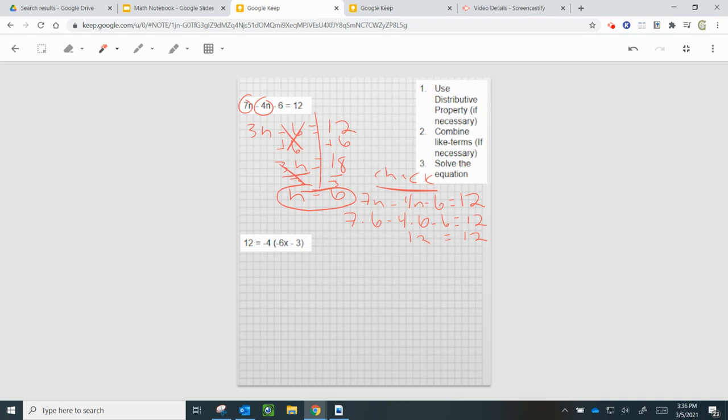For the second one, I noticed there's parentheses. So I'm going to do distributive property. The 12 isn't in parentheses, so I'm just going to put the 12 in equals. Then I'm going to do negative 4 times negative 6x, which would be a positive 24x. And negative 4 times negative 3, which is a positive 12. Then I could go ahead and solve. So I'm going to subtract 12,